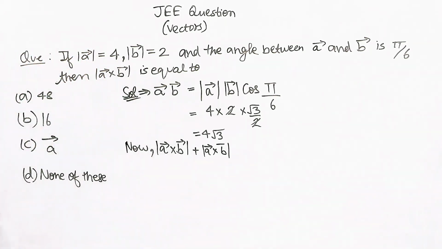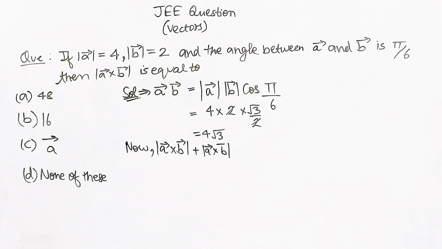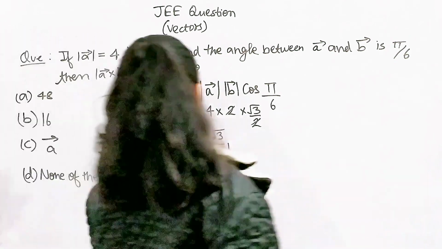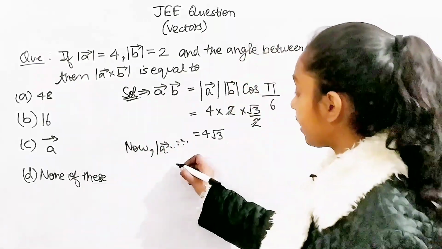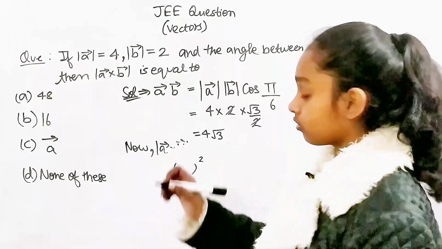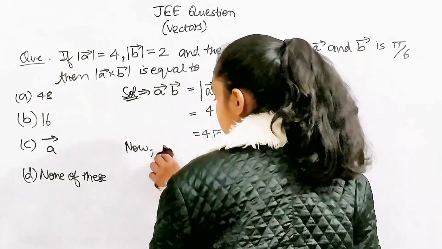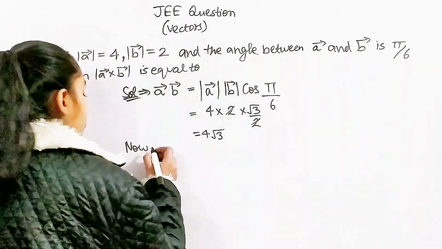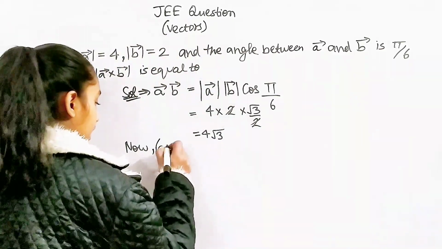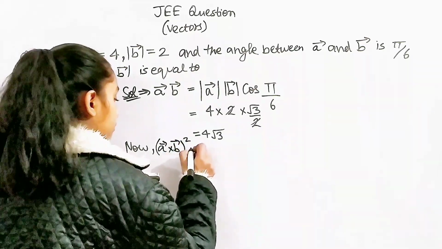Just have a look at this. This should be clear. To find the mod, after this mod I can put them in brackets and square them. There was nothing to get confused about. So what we have is A plus B whole square plus